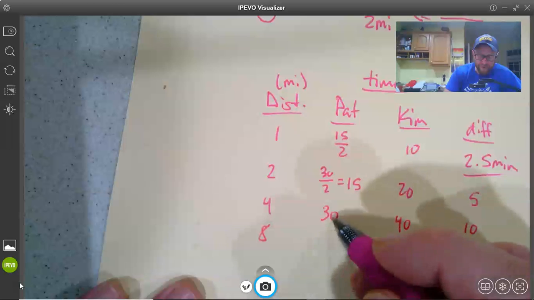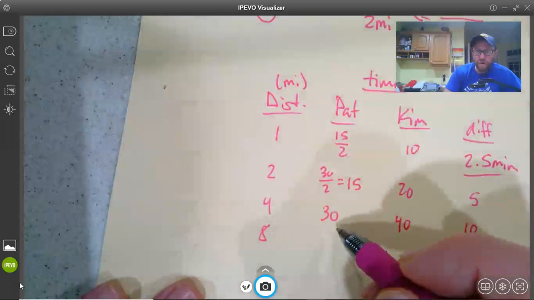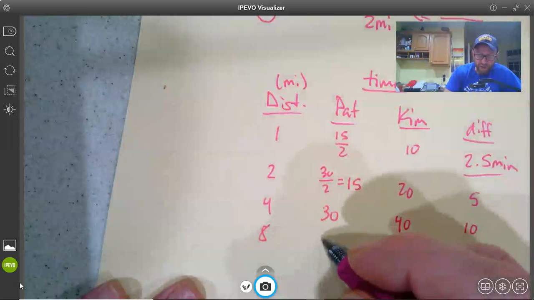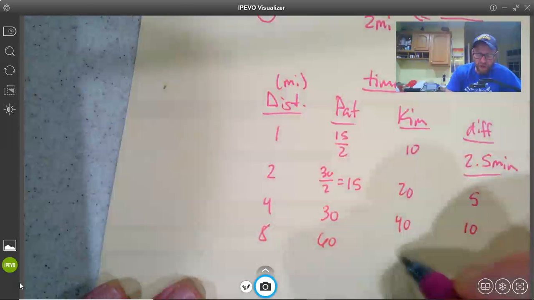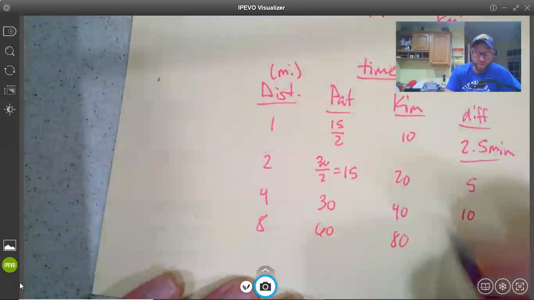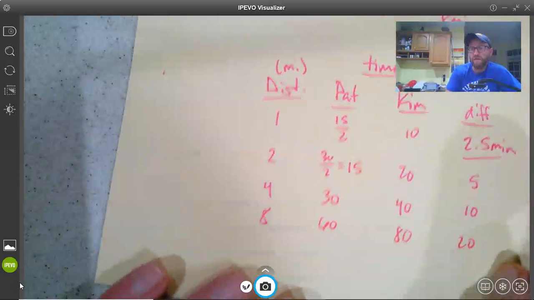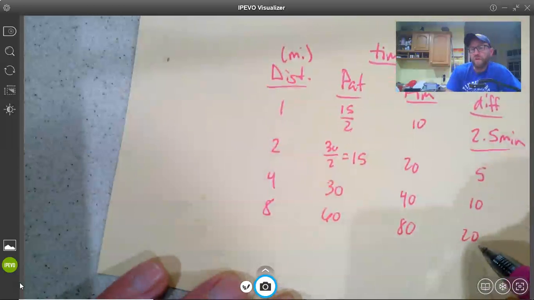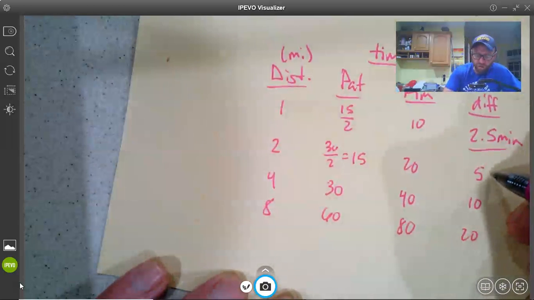Let's double it one more time. 8. So if we're doubling the miles, we're doubling the time it takes to run. So 60 for Pat. 40 times 2 is 80 for Kim. And the difference, 60 minus 80 is 20. Again, the difference also doubles. We're getting really close to that 25 minute. In fact, notice